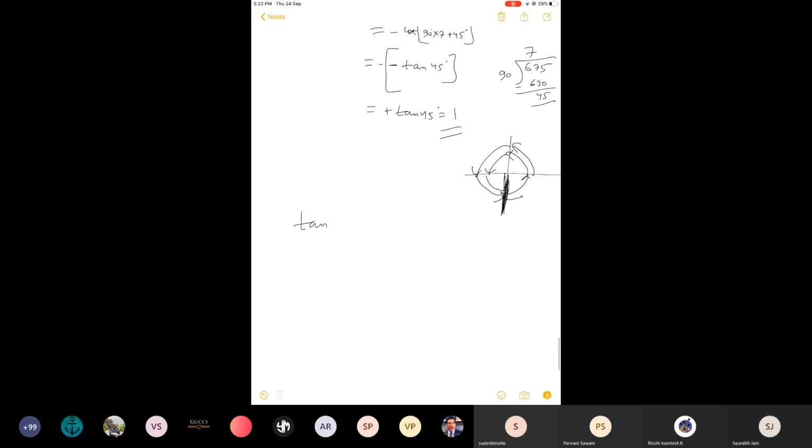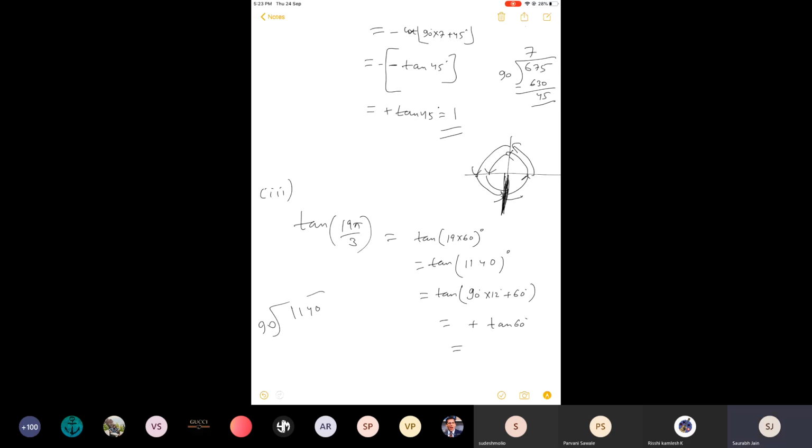So 19 pi by 3. Change it into degrees. So 180 upon 3 is 60. And this will be 0, 4, carry over 5, 1140. I think we solved this question. This is 90 into 12 plus 60, divided by 90 here. Do it yourself. So 12 rounds, even multiple, 1060. Quadrant is first. Root 3 will be the answer.